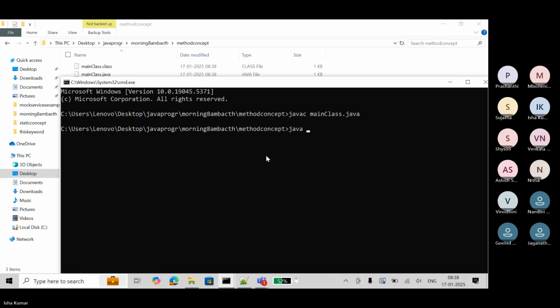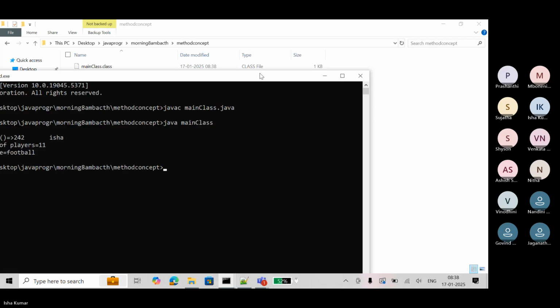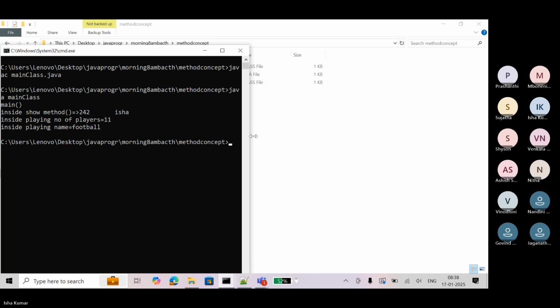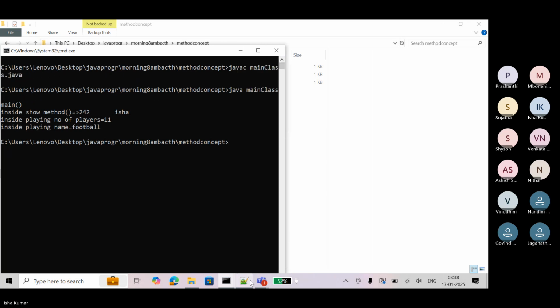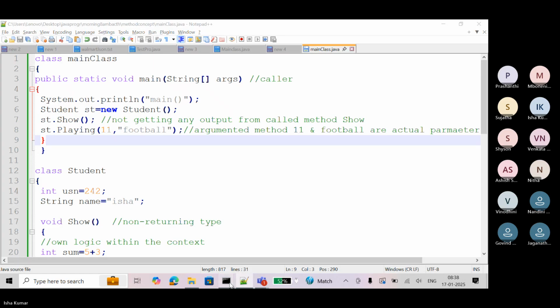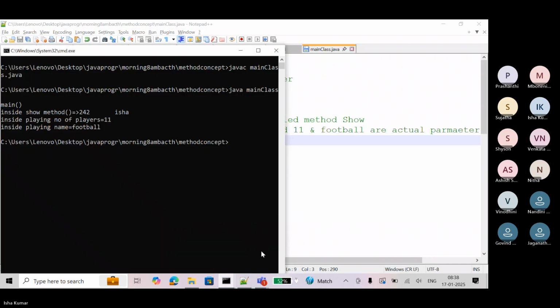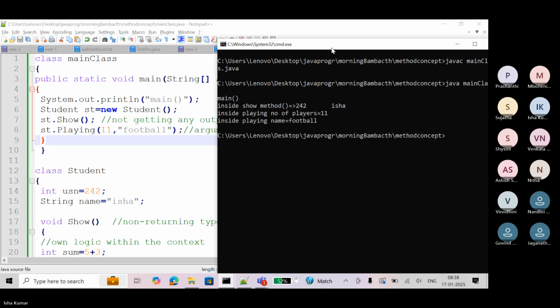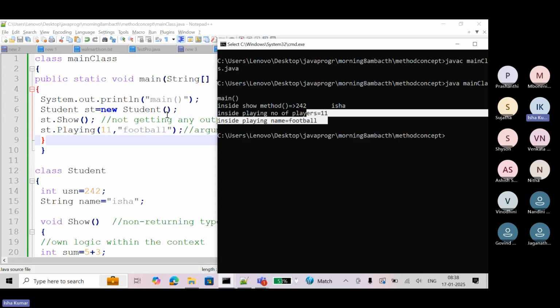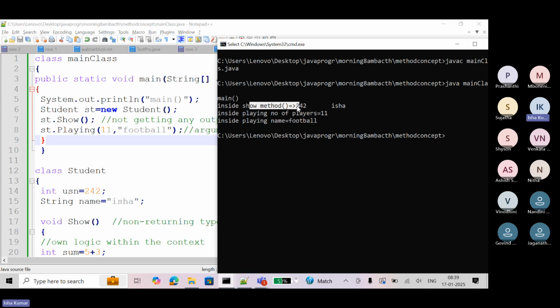No error. And see this video. See, this data is getting executed within the method only, not inside the main method. It is getting executed within the method where it is called. That's why I've written it inside the show method. Can you see that?